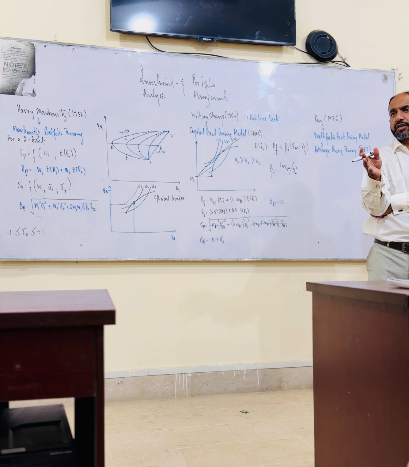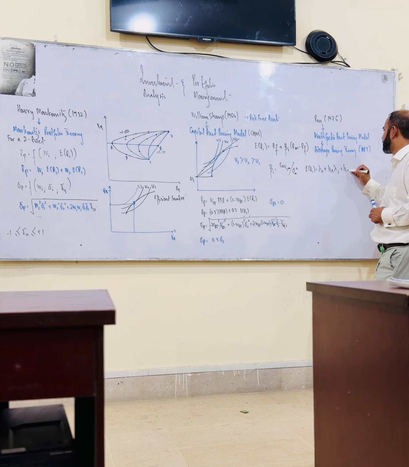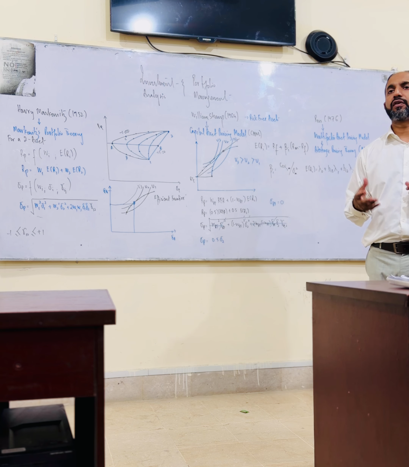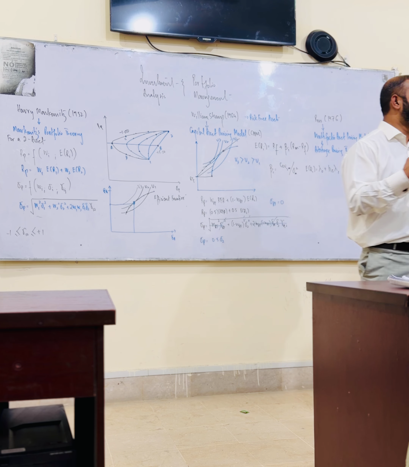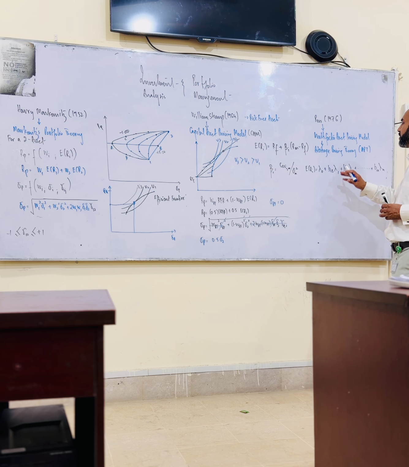beta i1, which means the sensitivity of company i to factor 1, times lambda 1, which was the factor premium. Whatever the factor was, its premium must be calculated. Similarly, for another factor, beta, the company's sensitivity to factor 2, times lambda 2, plus there were n number of factors, company i's sensitivity to factor n times lambda n. And using this particular formula, I was able to compute the return of the investments in the context of when multiple factors exist in the market, and the return varies because of the sensitivity of the company to